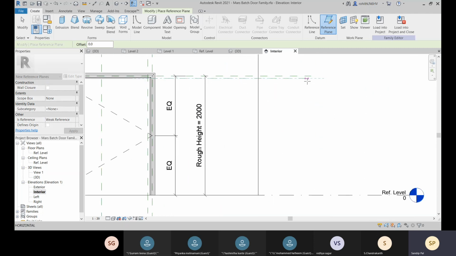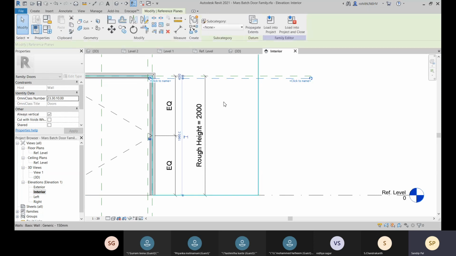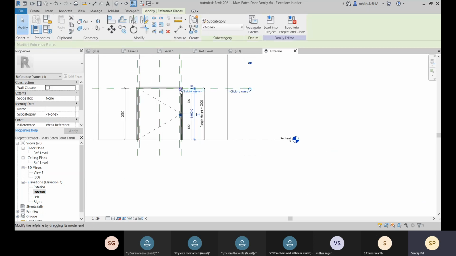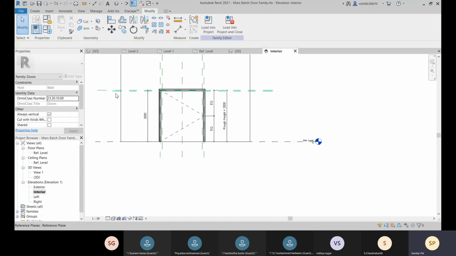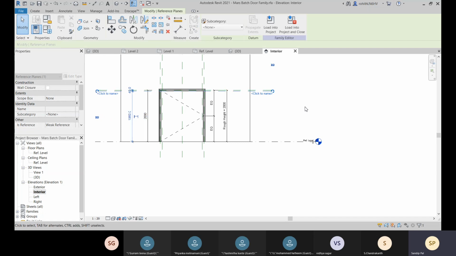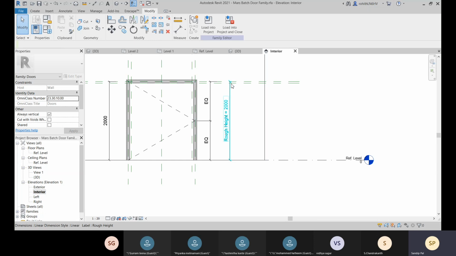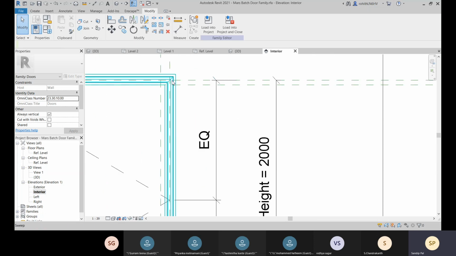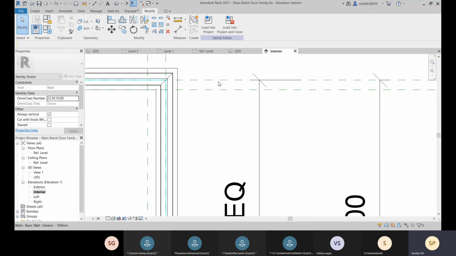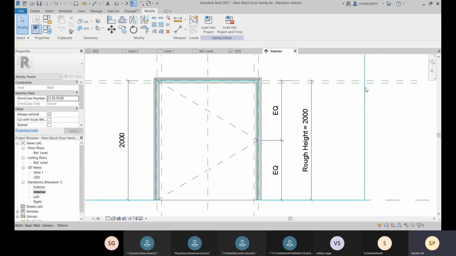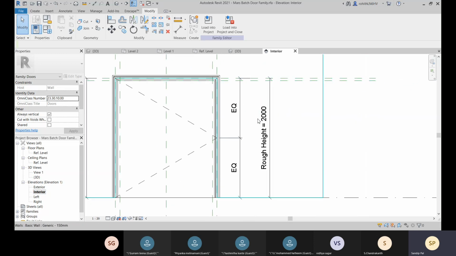Okay, so just select and let's stretch from this end to this end. So this will be your height, and this is your rough height. For that, what you can do is you can give the panel thickness over there, and you can get your total height.